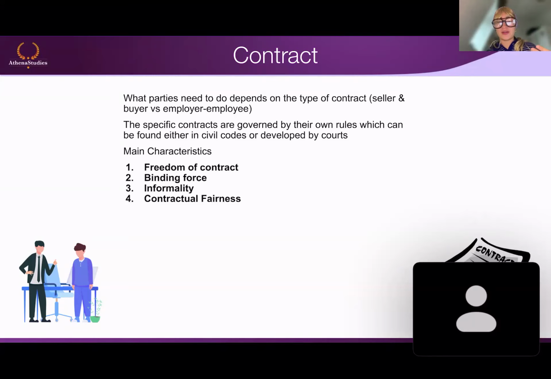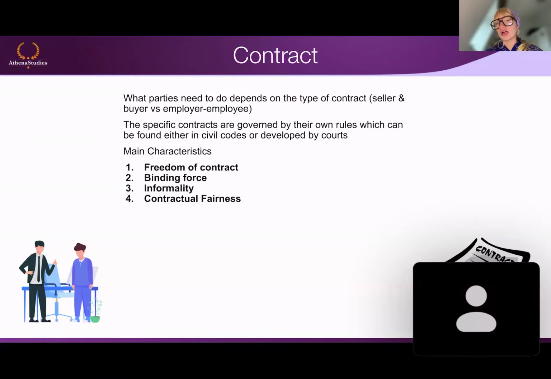There's no articles here, still theory, but it is important both for the understanding and if the essay question comes up in the exam, for example, because it's most likely going to be on one of these questions if there is an essay question on contract law. So I'm going to take you through each and every one of them quickly so you have a better understanding. We have freedom of contract.